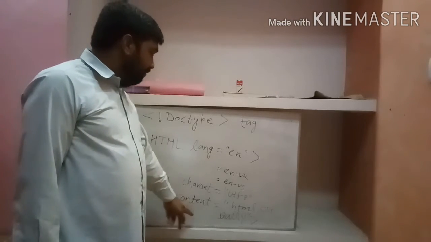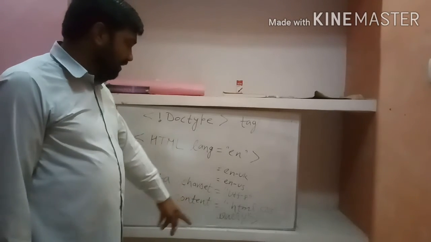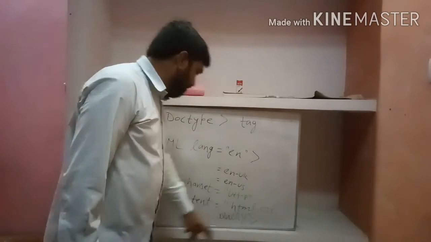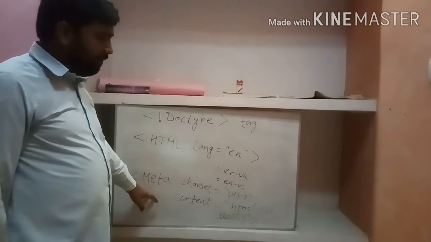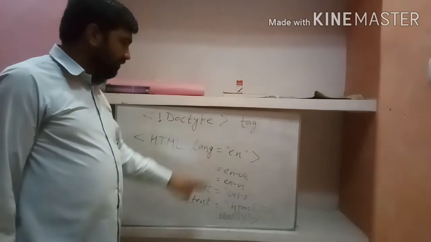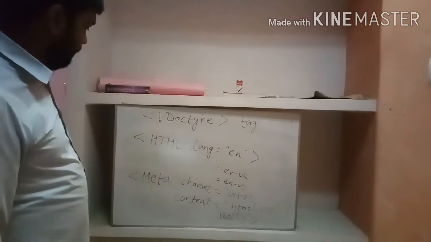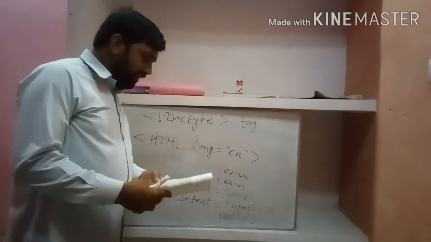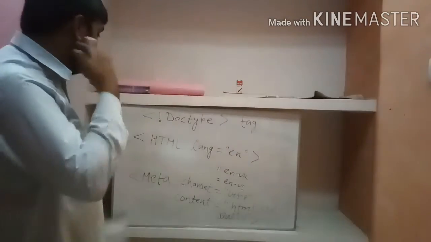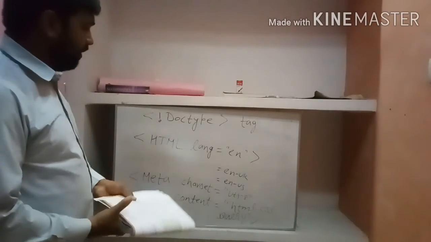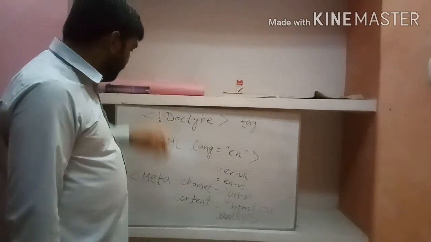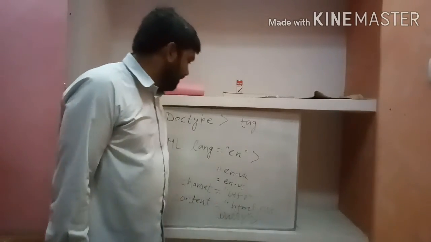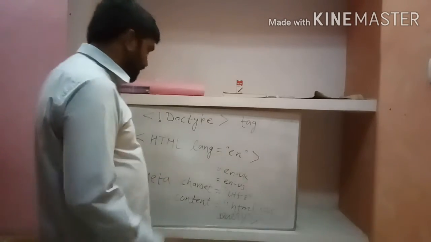The content means what my HTML source code contains: the HTML code, CSS code, and jQuery. So the meta tag gives information about the different languages and codes you have used in your program. This meta tag is used to provide additional information. This is an empty element; it has no closing tag. Here all the information is represented as attributes: content equals to HTML, CSS, jQuery, and charset equals to UTF-8.